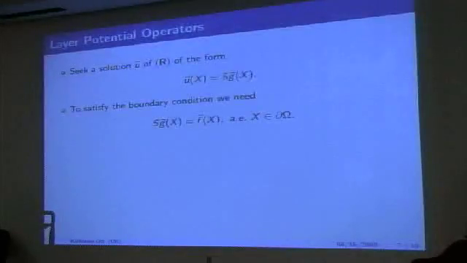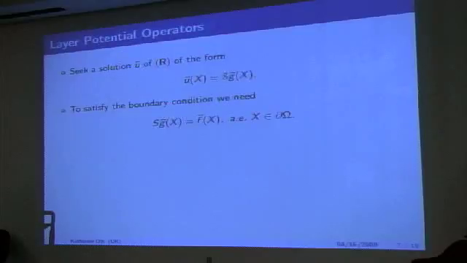So if we have these nice 2 properties of it, then it is natural to start to look for solutions to the Dirichlet problem of the form, a single layer potential operator acting on some function g. So that's exactly what I'm going to do. I'm going to seek my solution u to be of this form, of the single layer. And if I want to do that, then I need to, of course, match my boundary condition. And due to the jump relation, I need then for the boundary version of my single layer potential operator acting on this, right now, unknown function g, to equal our given boundary data f.